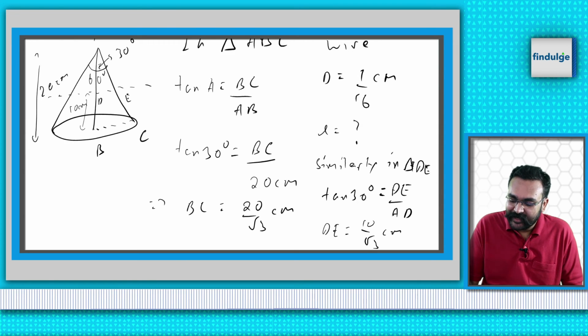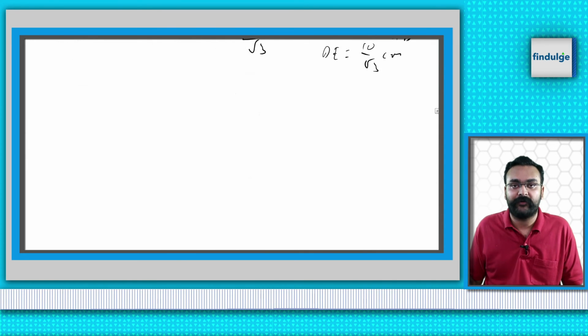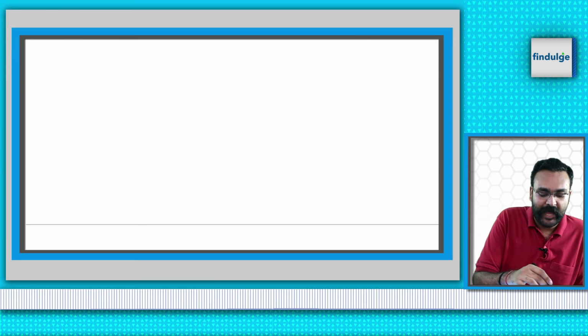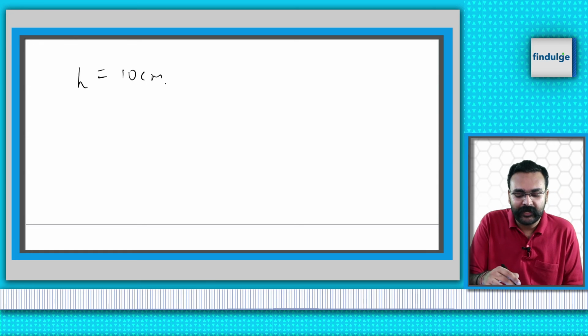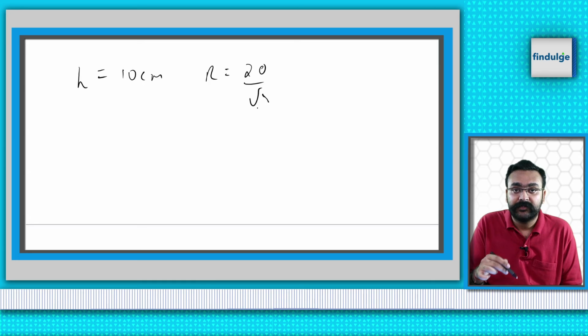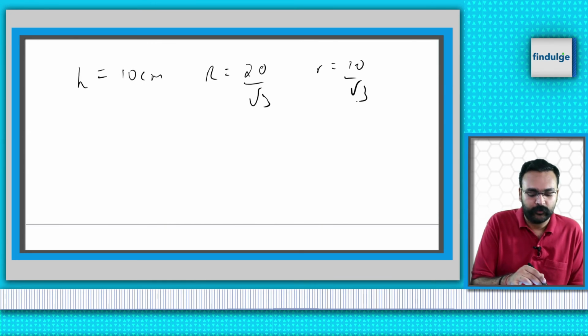And so we get all of our information of our frustum. The height of the frustum, since it was cut at half, is nothing but 10 centimeters. The lower radius, or the larger radius, is 20 by root 3. And the upper radius, the smaller of the two, is 10 by root 3. And now we will do volume of frustum